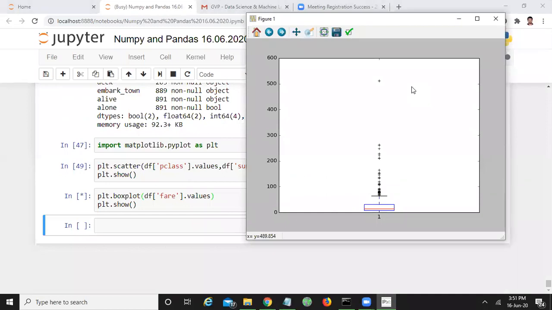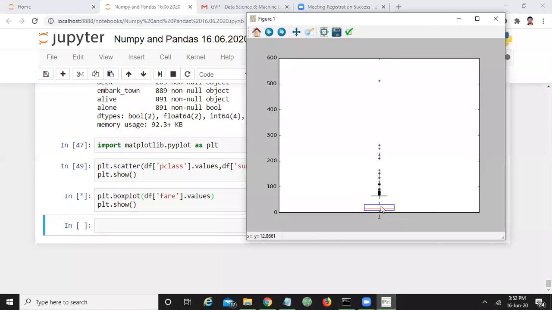Each and every passenger is an example, or otherwise you can consider each and every record of the data set as a passenger. Here, using a box plot I can identify the outlier passengers. Outlier passengers means those whose values are not at all in relation with the remaining examples in the data set.